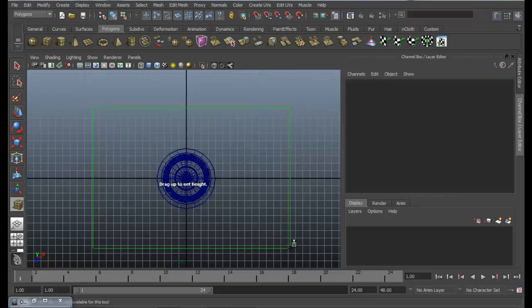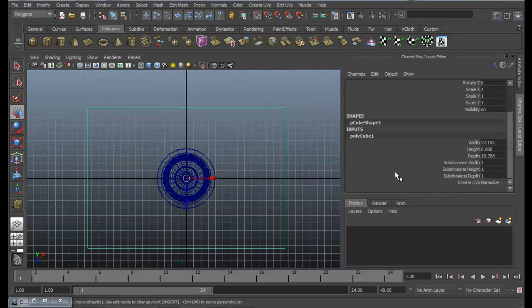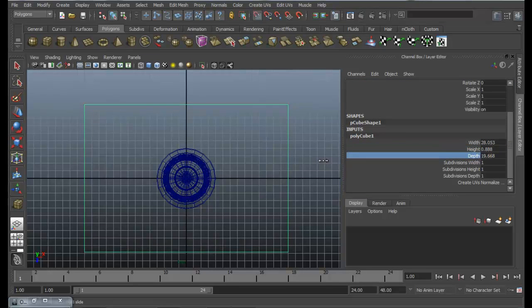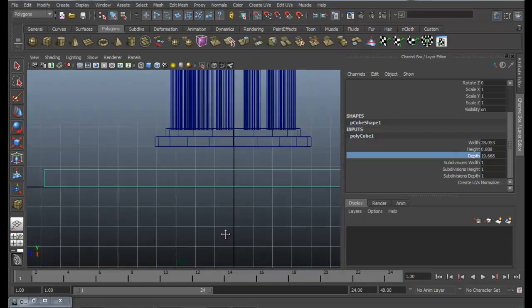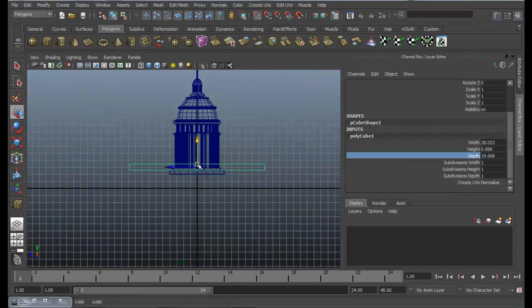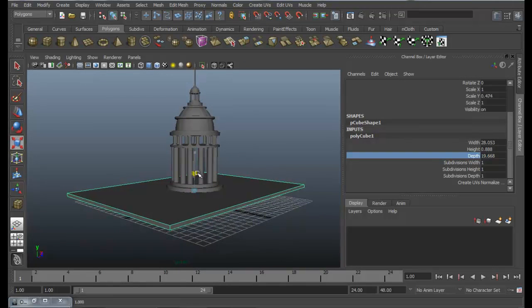But let us try to match the number of boxes equally. Center to grid, and we can adjust the height and width, depth. Okay, that's good. Just position it, pressing W key. If you want a little bigger, you can just scale it anytime.